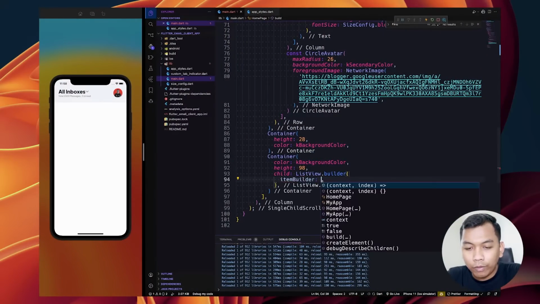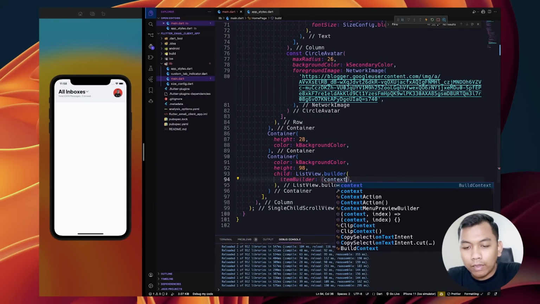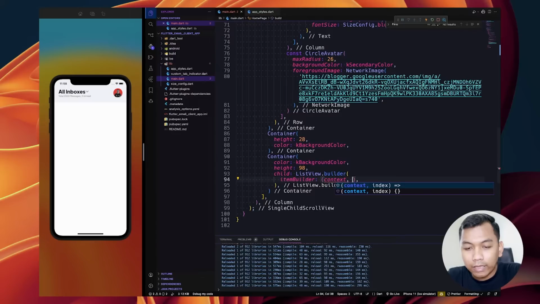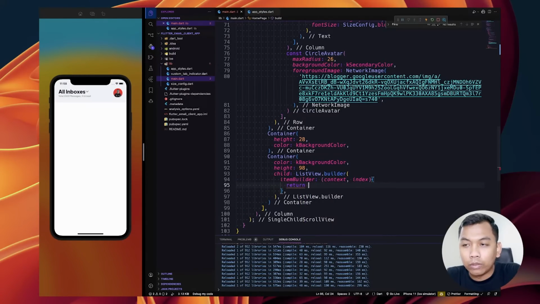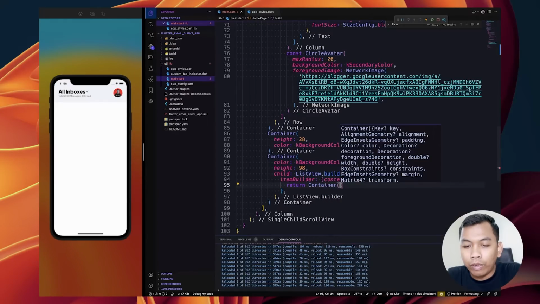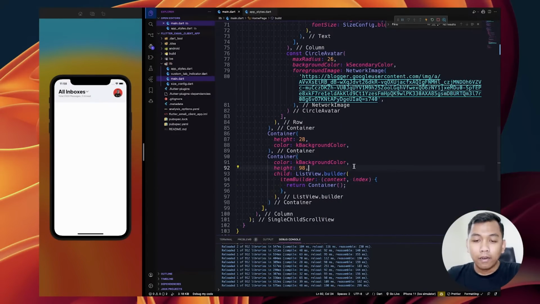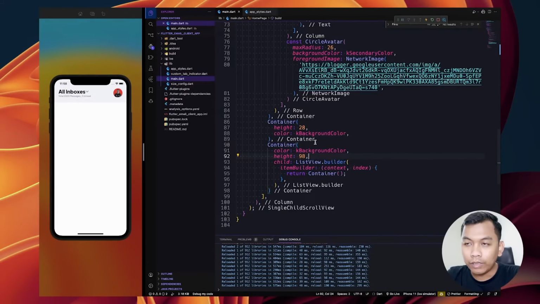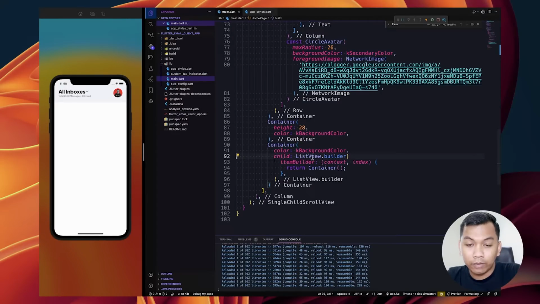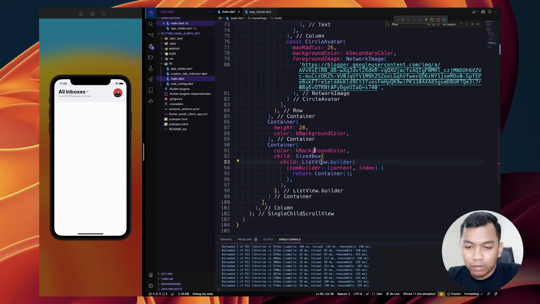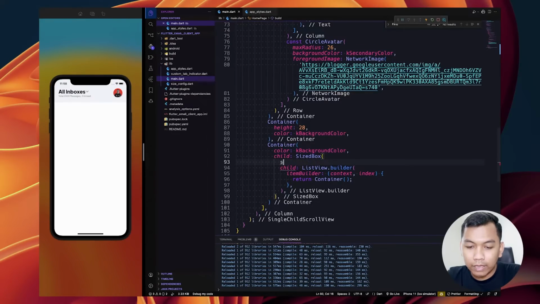And the important thing, we must add itemBuilder, which is context and index, and we need to return something here, and what we need to return is a container. Alright, and again, I think we need to remove this height, and we need to wrap our list builder with the SizedBox.